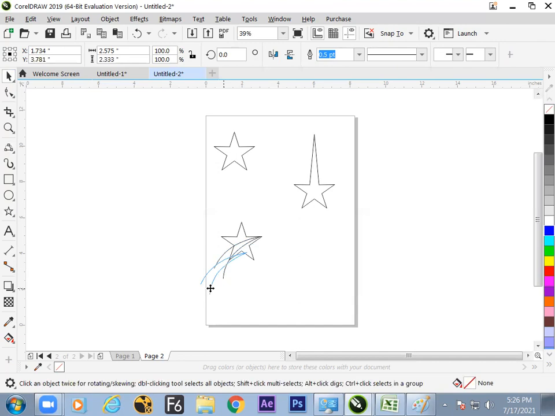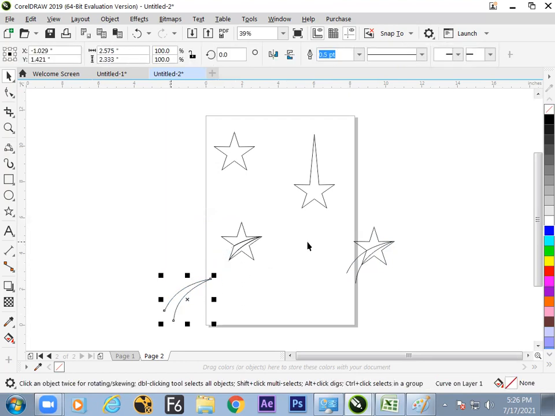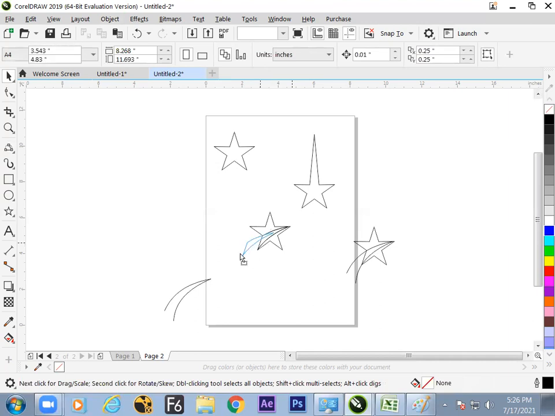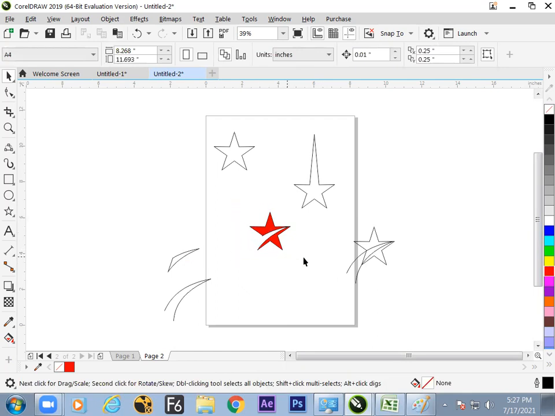Now it is time to have a cut. Just make a duplicate, get it beside for the timing, and select and cut out. And get this to break apart. We know, break curve apart. Out: Star Plus logo. Within a very short time, you can do it. Hope this is clear.